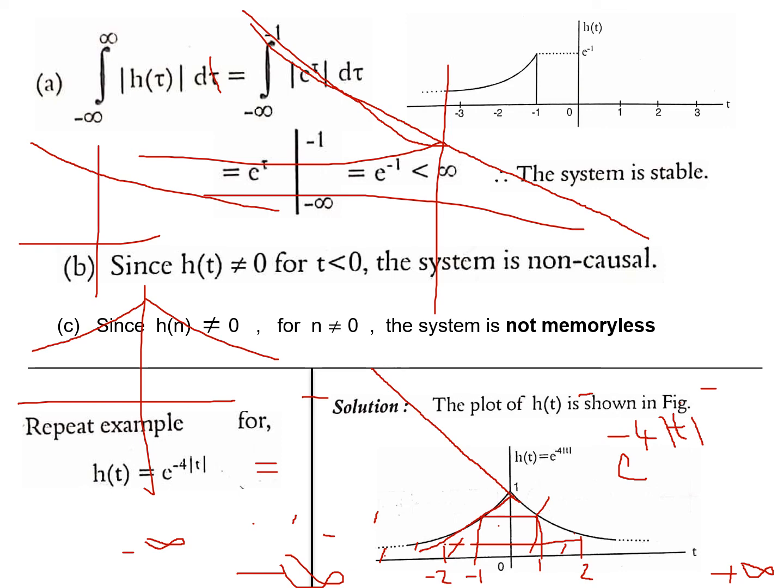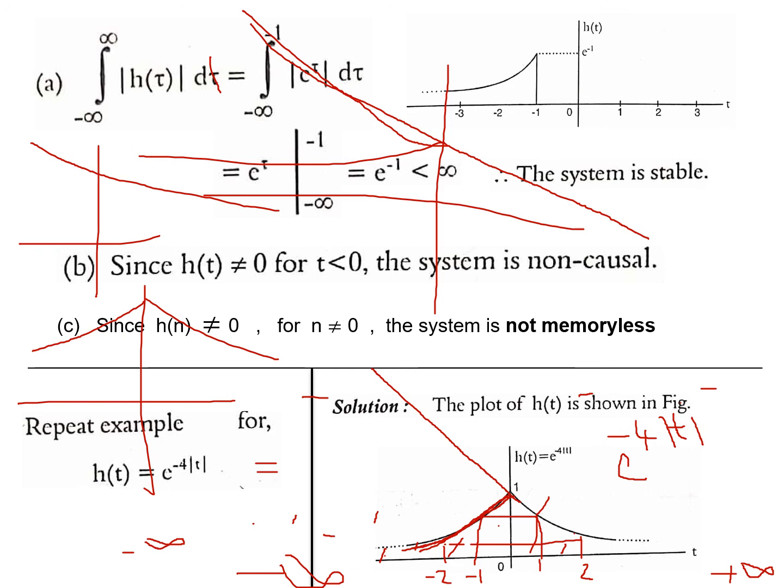And if you check the causal property, the signal value starts well before t equal to 0. The left hand side part of the signal is non-zero. That means this system is non-causal, it is anticipatory, because the condition for causality is that the left side part of the signal should be 0. For t less than 0, h of t should be 0. But it is not the case in this particular problem. Therefore, it is non-causal. And also, the system has memory.